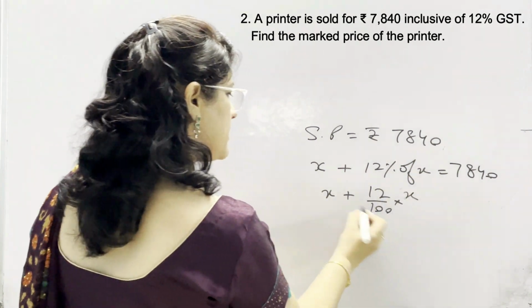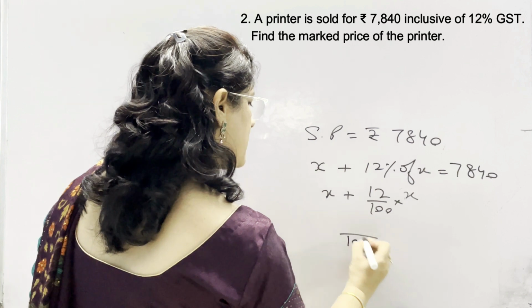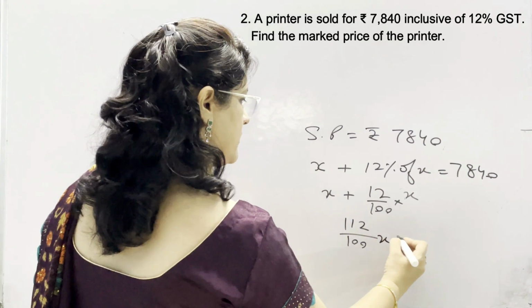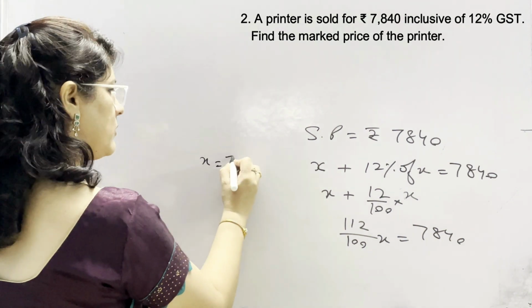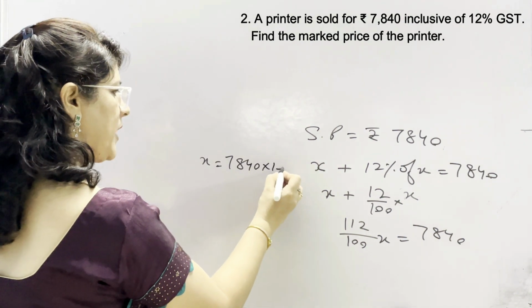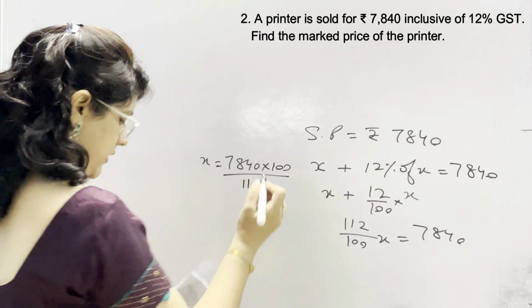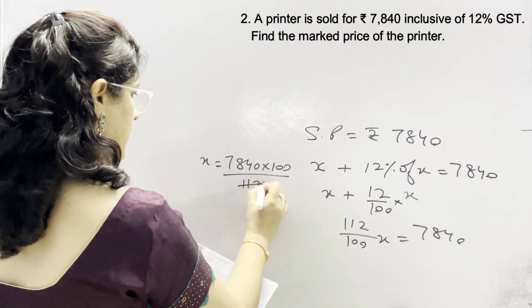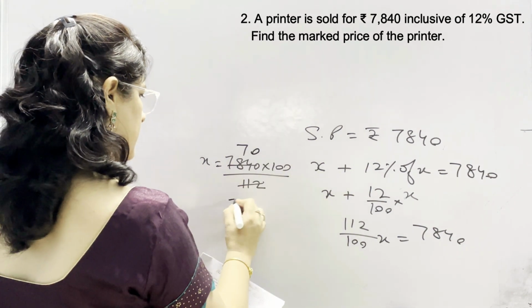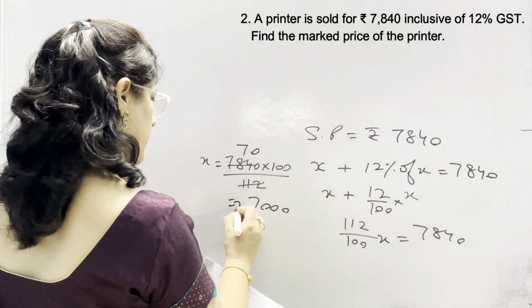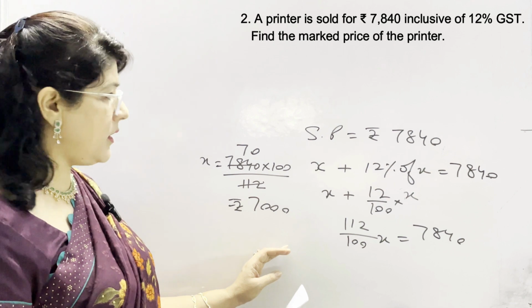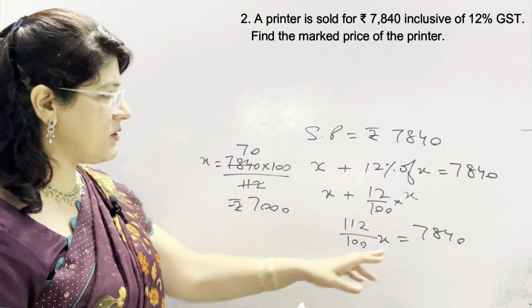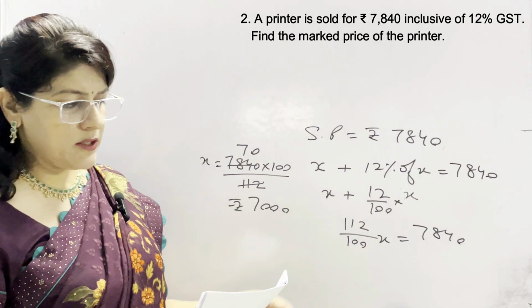In these questions, this 100 comes here and taking LCM 100, then 112x is equal to 7840. So x is equal to 7840 multiplied by 100 and divided by 112. So 112 cancels out to give 70, then 7000. It means 7000 is the marked price of the printer, and 12% GST which is 840 gives